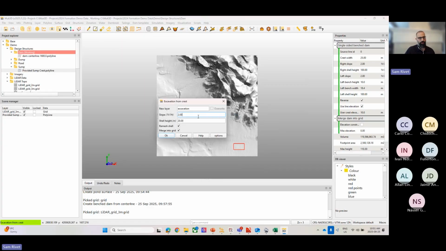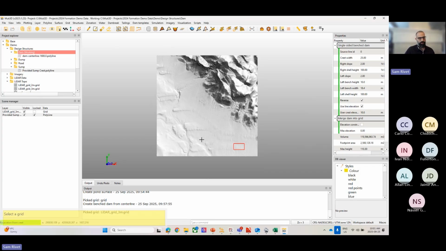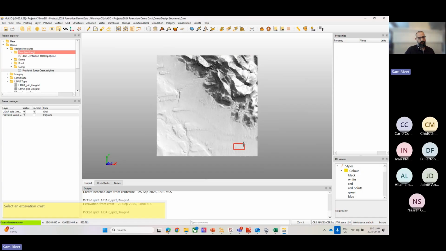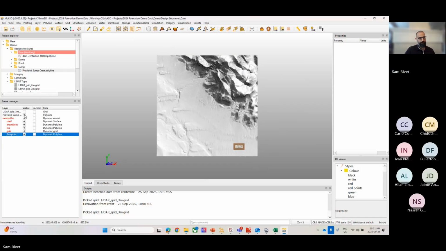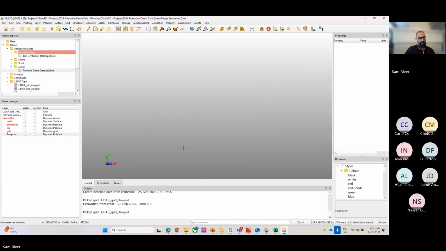Okay, so I'm just going to excavate from the crest. I'm going to go down at 2:1 to start and excavate down by the shell height, which will be 20 meters. We're going to go down at 2:1 for 20 meters and create a dynamic model by merging it into the grid. I'm going to select my grid, select my crest line, and once again,